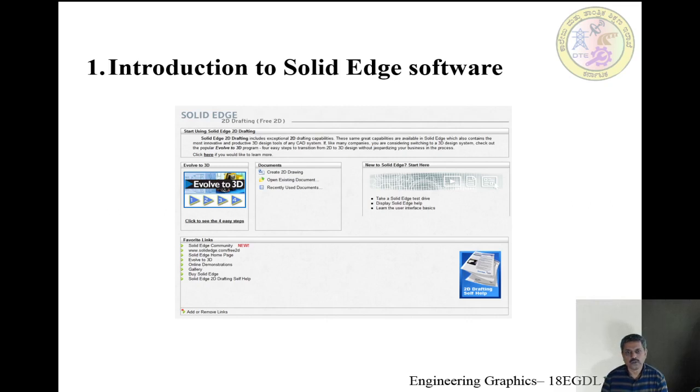Once you run this software, what you get is what you see here. This is the first screen that Solid Edge provides. You will see that an enormous amount of time saving is done. Because manually, though it is an essential quality of an engineer, when you start using CAD, you will realize that you can do everything in CAD without getting into manual. No, that is not the correct way of understanding it. But you should have that capability.